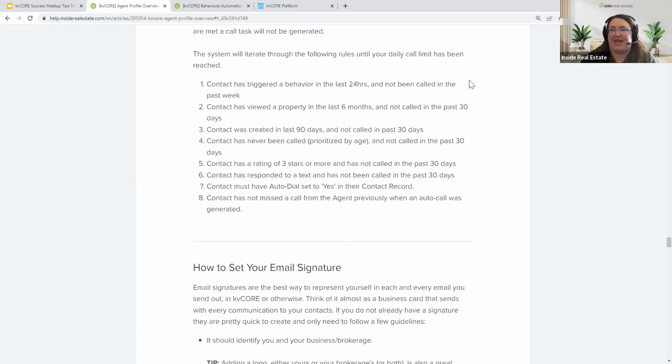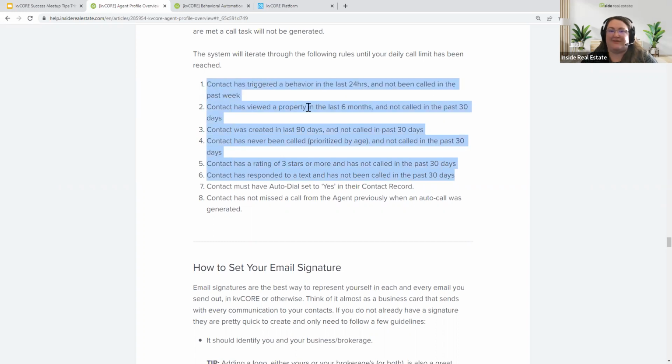Today we're going to look at how to get the most out of daily call creation. We'll look at our leads and contacts to make sure we are triggering as many behavioral alerts as possible. We are going to make sure we have people viewing properties and generating leads. We want to make sure we're contacting those leads, especially the hot leads. It's very specific behavior that it looks at for you.